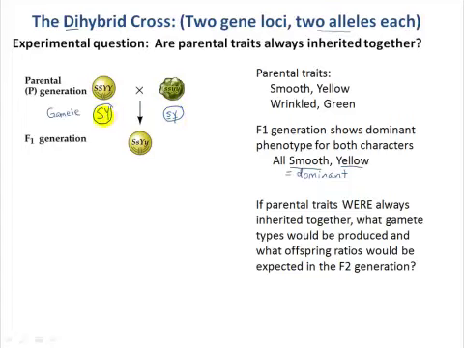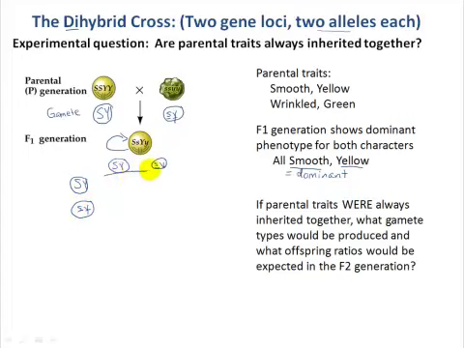So if smooth and yellow were always inherited together, then we would assume that they would be transmitted together through this offspring, right? And so this offspring would likewise be able to produce two gamete types now. One gamete type would be smooth yellow. The other gamete type would have alleles for wrinkled and green. So if they were always inherited together, then if we intercrossed this F1 generation and thought about the types of offspring ratios that we would get by random fertilization between every possible gamete type, I forgot my underlines over here, then what would we expect to get?